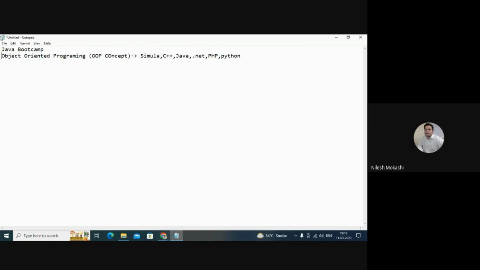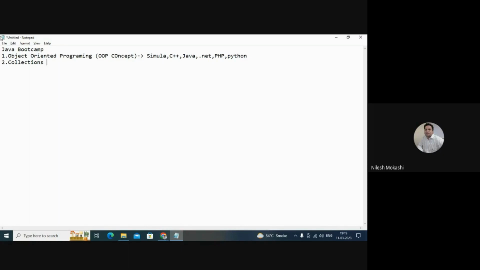Now my second topic, which I'm going to deliver maybe tomorrow, will be collections, which is a very important topic. In development, a lot of collection features are used, like array list, linked list, set, hash map, tree set, queue, stack.